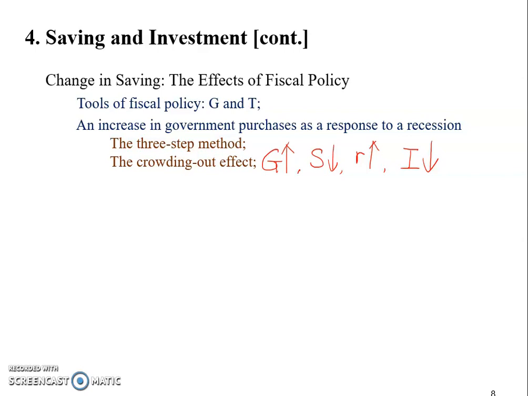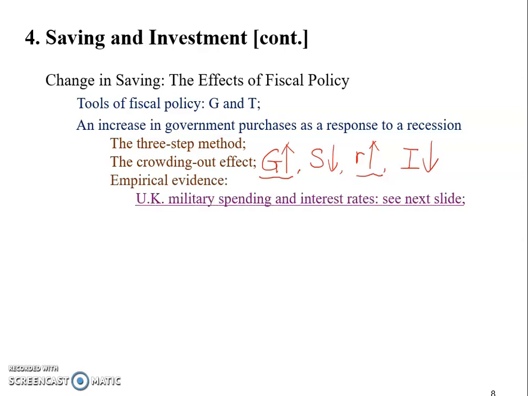Now, here we're going to check out the empirical evidence. Specifically, we're going to look at the association between the government spending and interest rate. Now, if the logical reasoning makes sense, or if the theory, the analysis works on the ground, we're supposed to see a positive correlation between government spending and the interest rate, right?